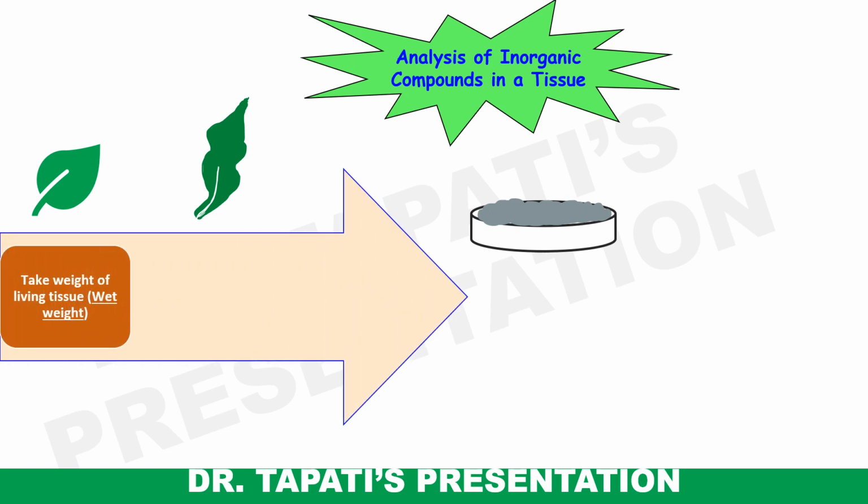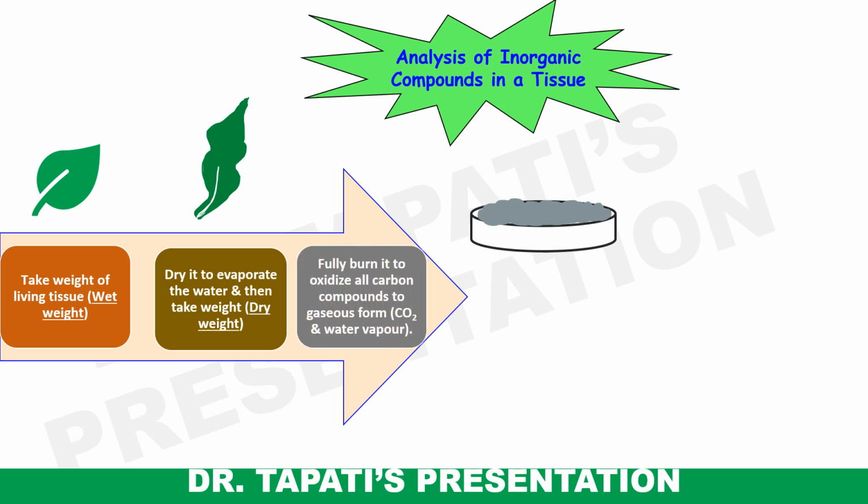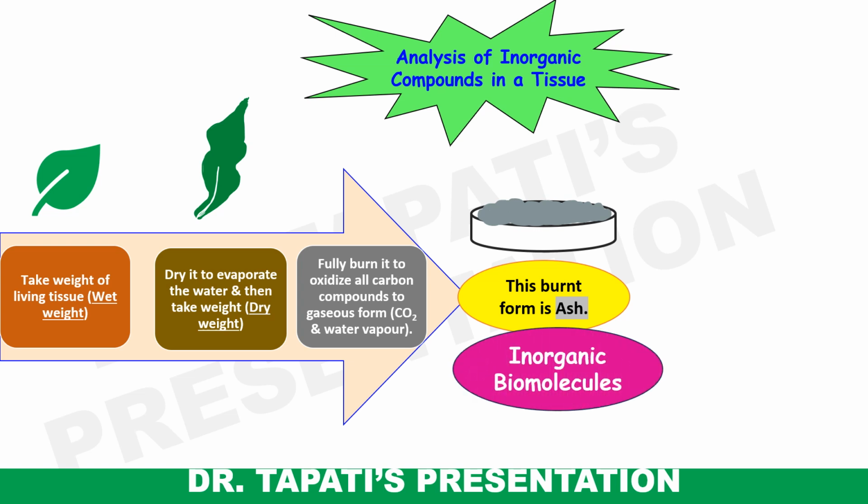First of all, you have to take the weight of living tissue, that is known as the wet weight. Then dry it to evaporate the water and then take its dry weight. After that, fully burn it to oxidize all carbon compounds to gaseous form. That means carbon dioxide and water vapors are released from the burnt substance. This burnt form is known as the ash, which is composed of inorganic biomolecules including